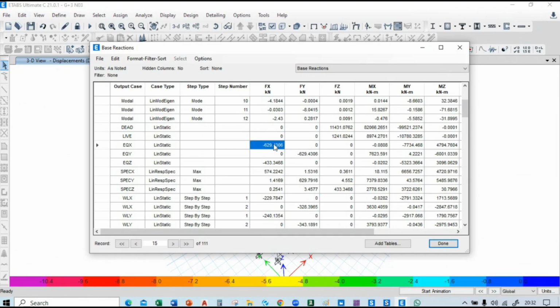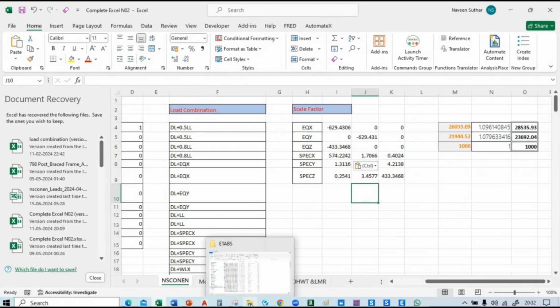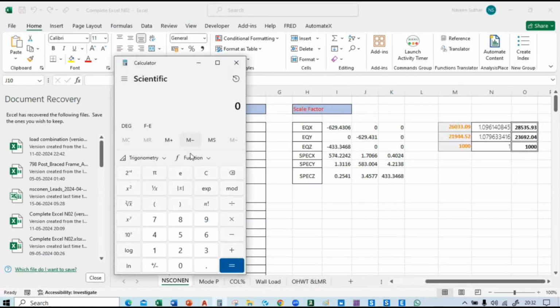So what we will do, we will just copy this and paste here. Okay. So what we will do here, we will do it manually. Okay, I think there will be some issue. So let's, 629.43 divided by 574.2242 and multiplied with